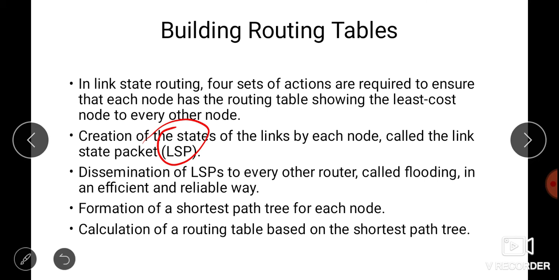It is an efficient and reliable way. We create LSPs for each node, and then we broadcast the LSPs, which is known as flooding. Then formation of a shortest path tree for each node, and then calculation of a routing table based on the shortest path tree.